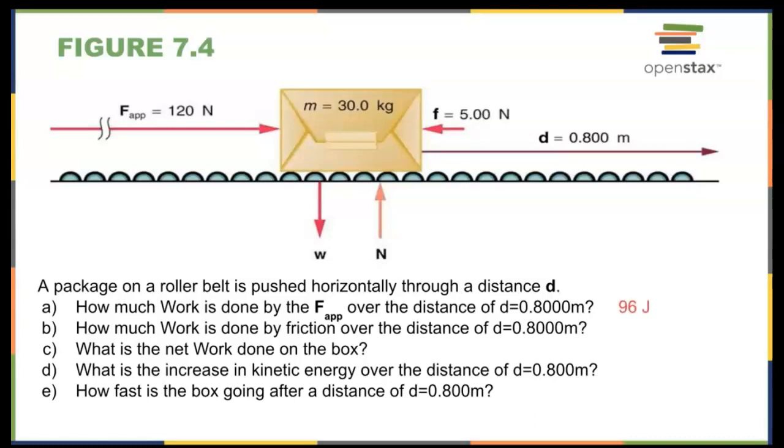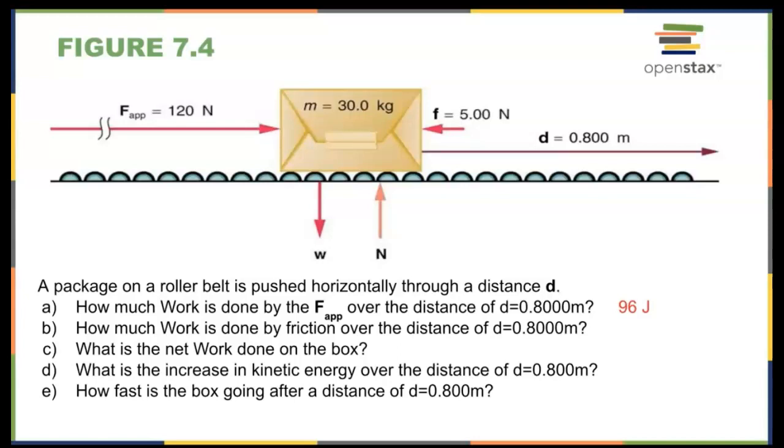The work done by the applied force is the force times the displacement times the cosine theta, where theta is the angle between the applied force and the displacement. But the applied force and displacement are both to the right here, so there's cosine of theta where theta is 0 degrees. So cosine of 0 degrees is 1, and this turns into just 120 newtons times 0.800 meters, and